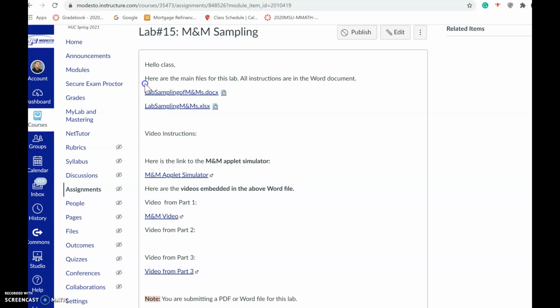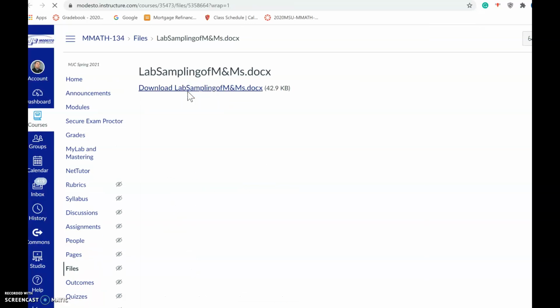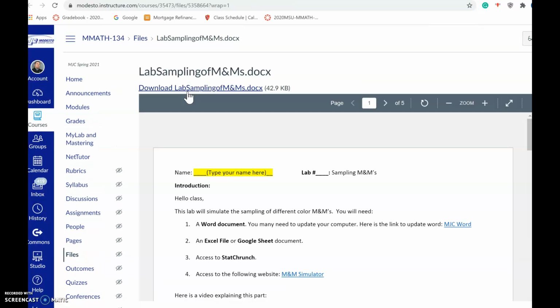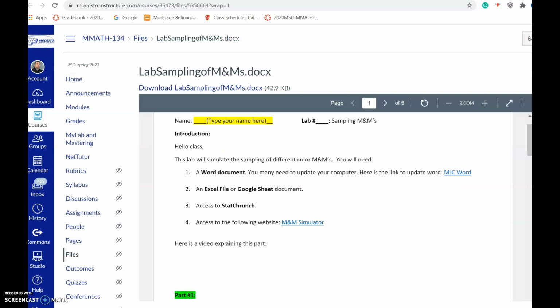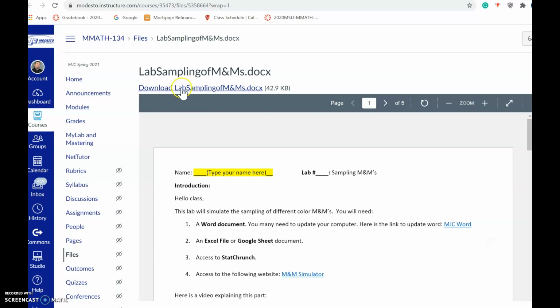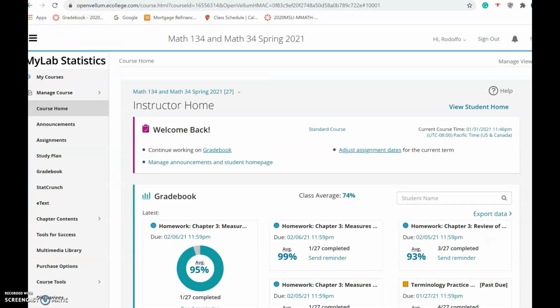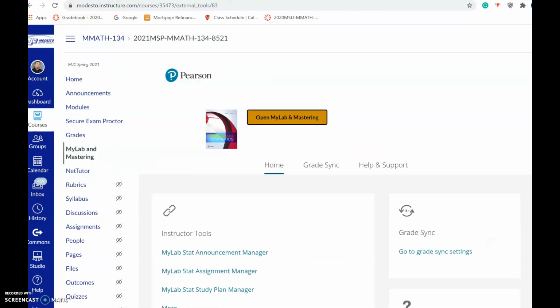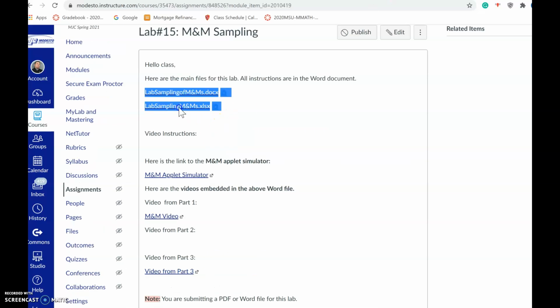So I already inputted here the main lab with instructions. Make sure you open these files and save them somewhere in your computer. This one is going to have all the instructions along with the videos. And then on the actual lab, I also have a